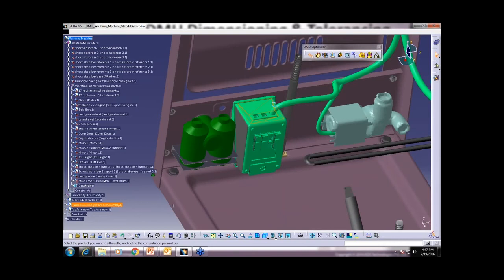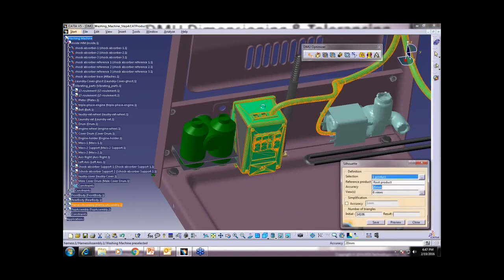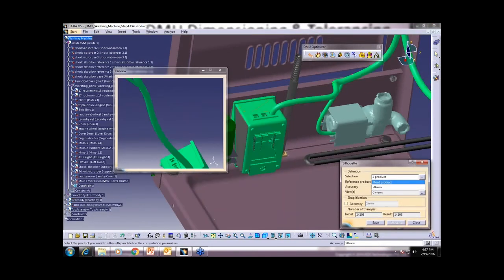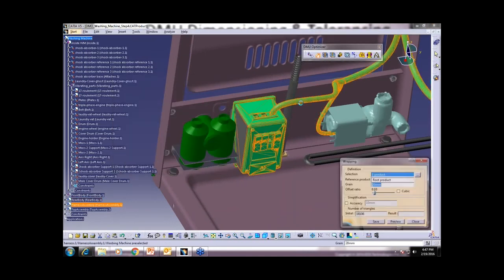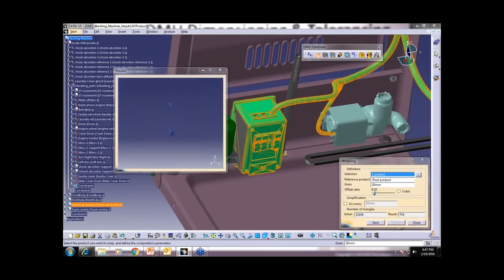You can see the preview. So in a reference part or any other part we can put it, or we can save it. We can create a wrapping surface for this part. So if you see here with accuracy level 0 or any cubic, you can see it is in cubic format, it is not in actual format. So we can say this space is majorly occupied by these components.